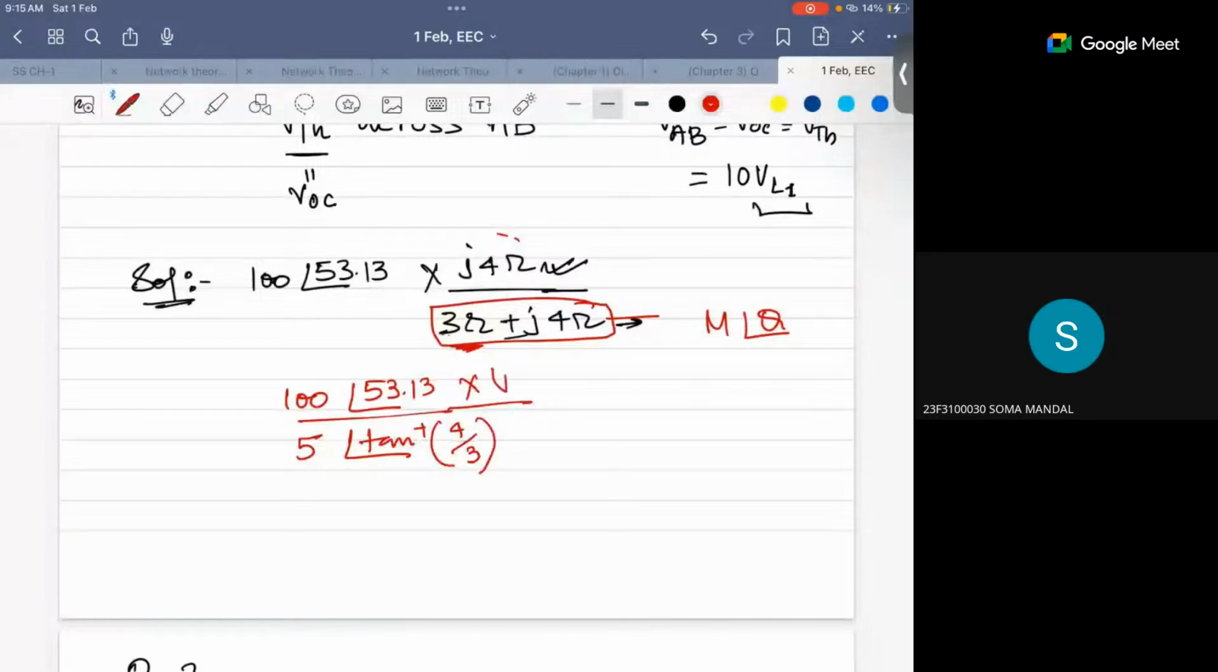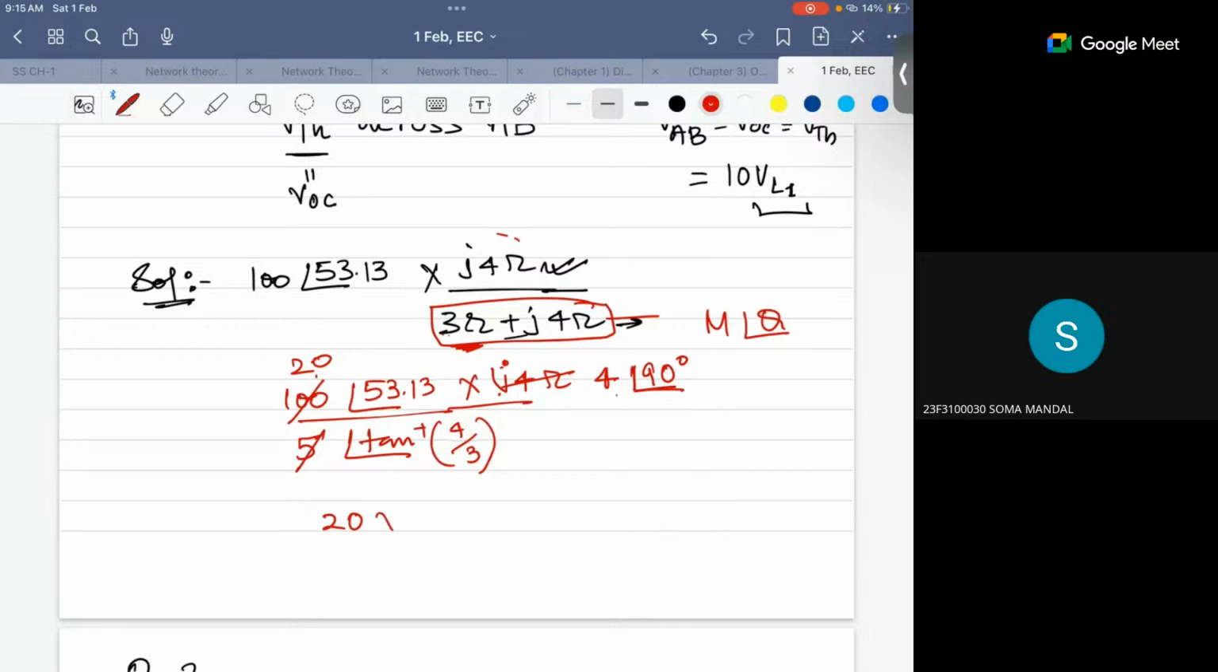j4 ohm you can write as 4 times 90 degree. Correct? If there is a j, you can just write it as 90 degree, as that is a lead of 90 degree. Now if you write it, the 5 will get cut, and this 53 angle, if you write 20 times 4, and the angle